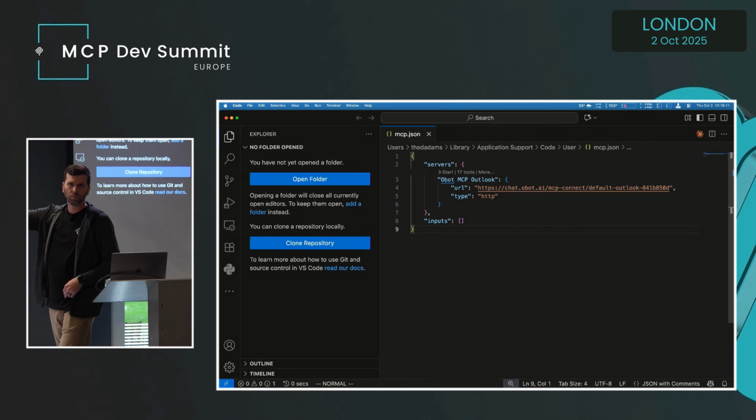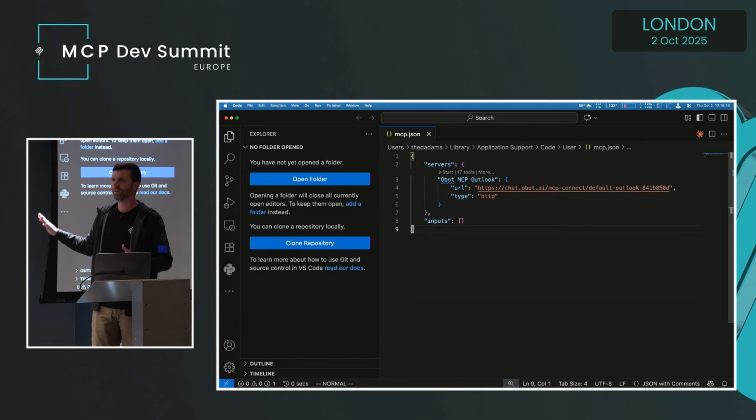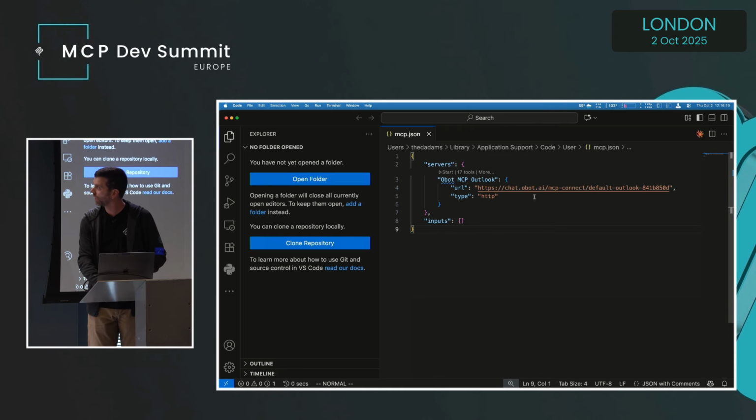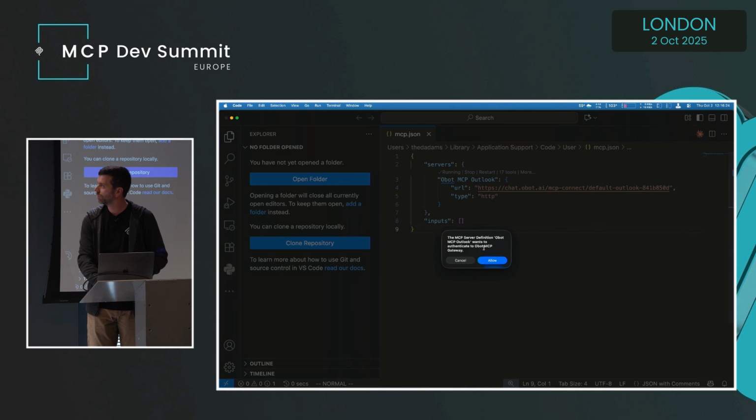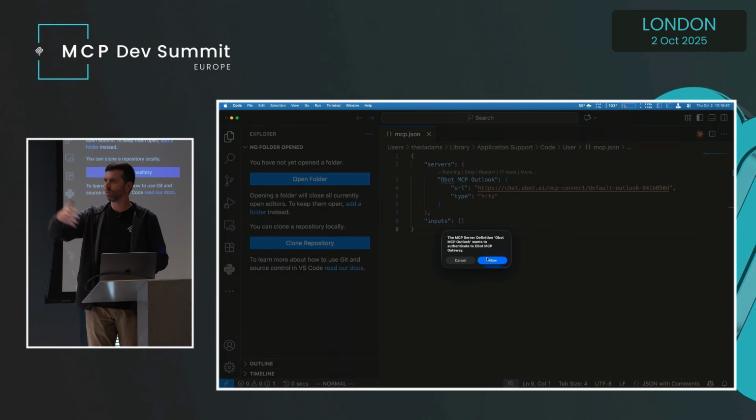Okay, that's the same URL that I had on the screen before. And I did not have Outlook configured in my setup or anything like that. But I can click Start here, and it's going to ask me to authenticate. Now, because this is our OAuth application, the Outlook MCP server uses our OAuth application, it automatically approves it for me. I don't have to click on it, but it will show you that it's going to go to Obot. Obot will then have you authenticate with Outlook, and then it will redirect back to Obot.